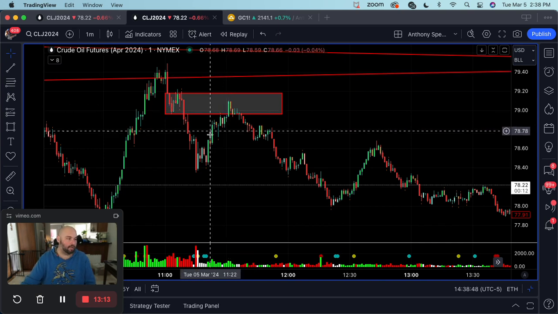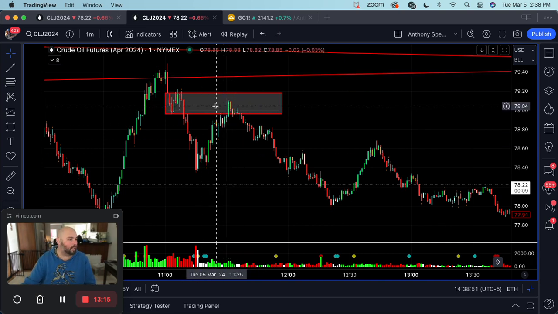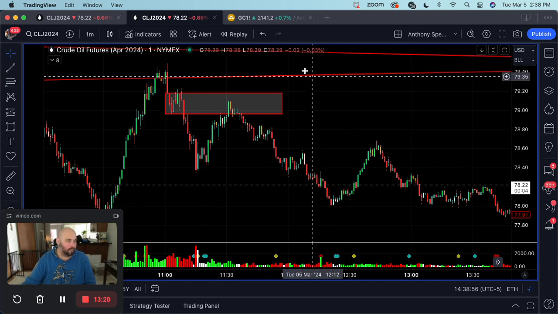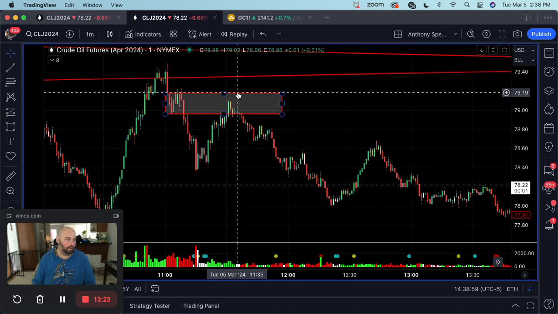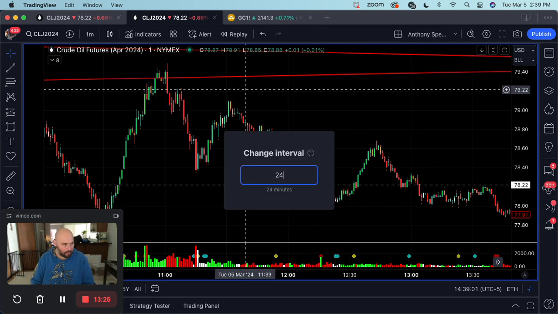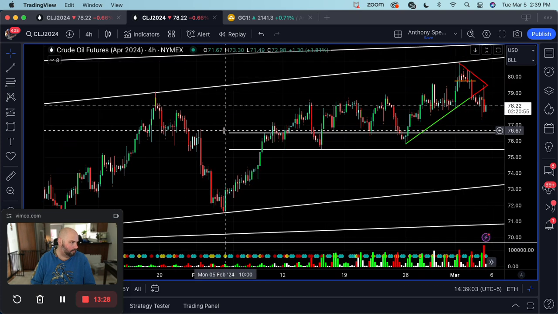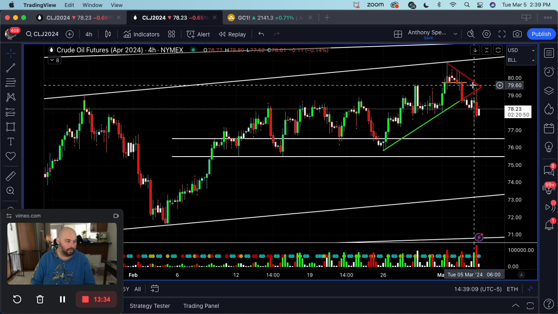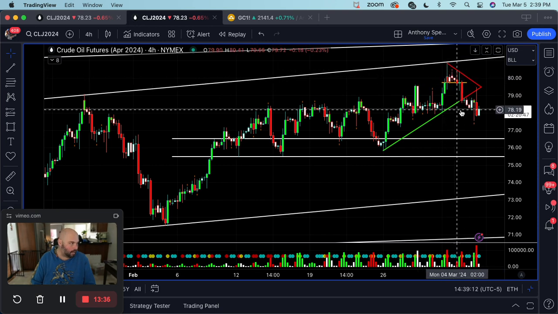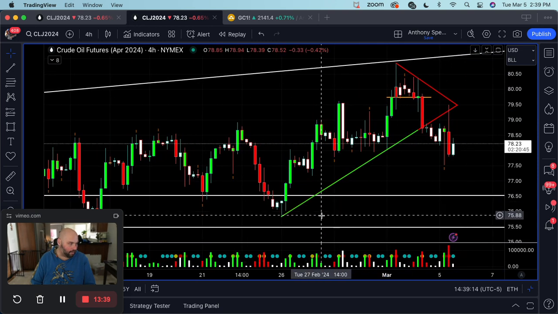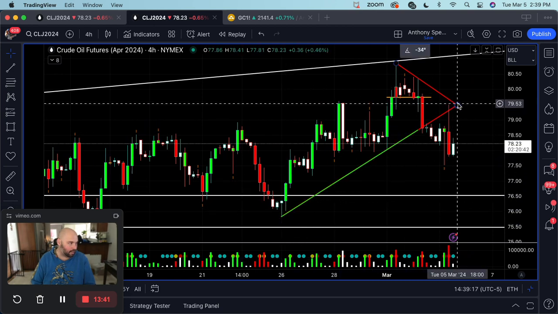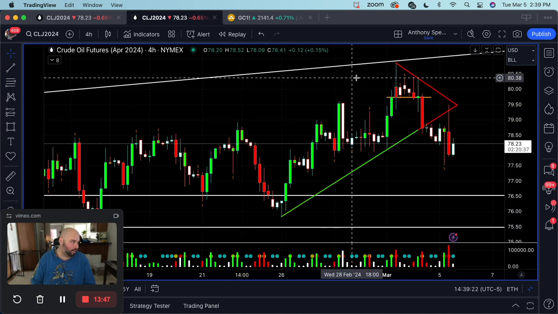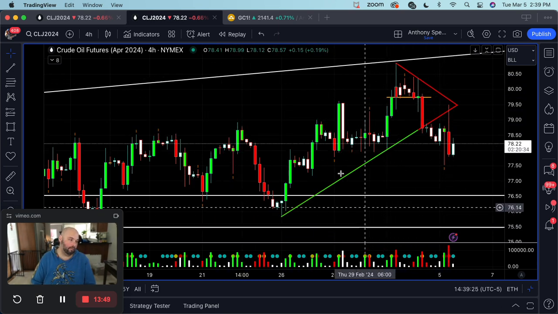Now, when price action gets here, you can look at order flow, you can look at the book map, you can look at a number of things, volume, all different kinds of things to determine the rotation. But either way, guys, at the end of the day, the higher time frame told the story. I was very confident in this trade because of the break of this very simplistically drawn trend line on the 4-hour chart. I was very confident in shorting the market Monday, yesterday,